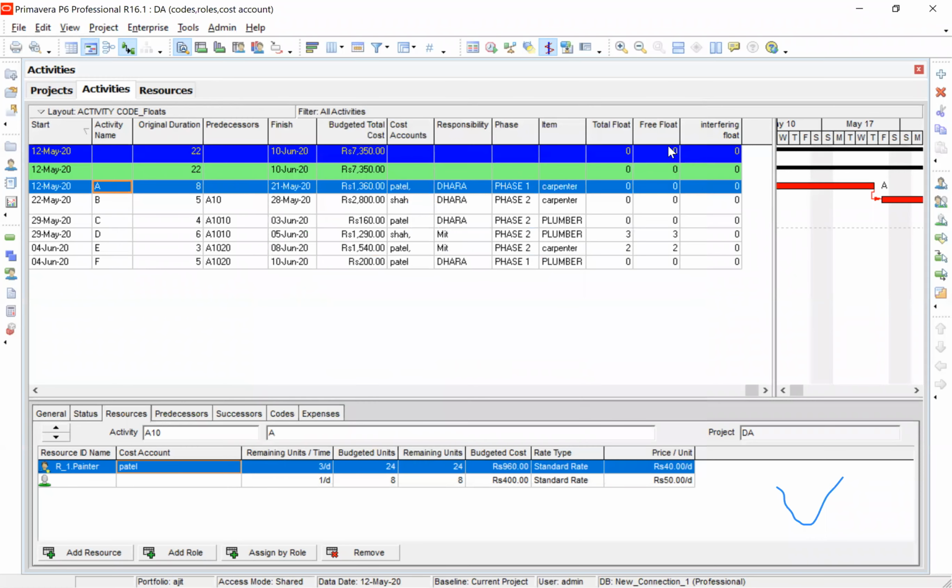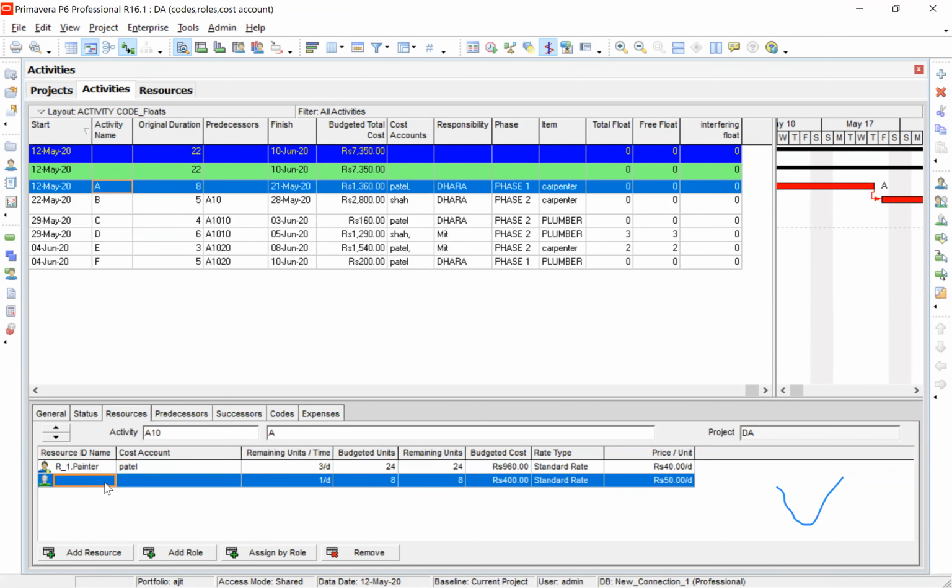Many times, if there are 5 masons working on an activity, then the main person who is supplying this labor, in Gujarati they call it Mukadam or supervisor, is also added on that activity, saying I will look after my people who are working. Say in the case of painter, there are 3 painters working on activity A. But I say that the role is 1 per day.